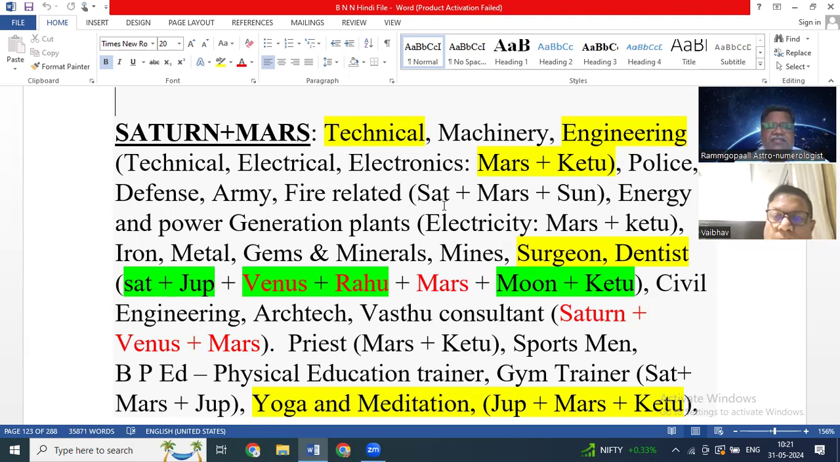Energy, power generation plants, electricity plants are there. So Ketu has to be with Mars, Saturn with Mars. Iron, metal, gems, minerals, mines, mining. So these are all related to Mars actually. So the metals which are available in the earth. Mars is for surgeons. Yeah, Mars is Bhumiputra. So the son of earth is Mars. So whatever is available in the earth, whatever khanija is available in the earth, that is mining, minerals, gems, metals, iron ore, whatever it may be, all